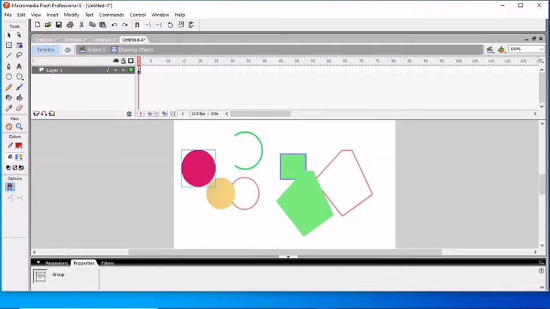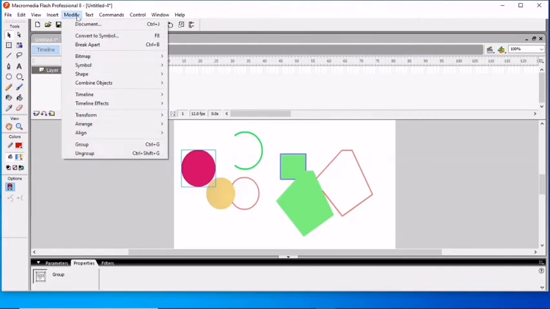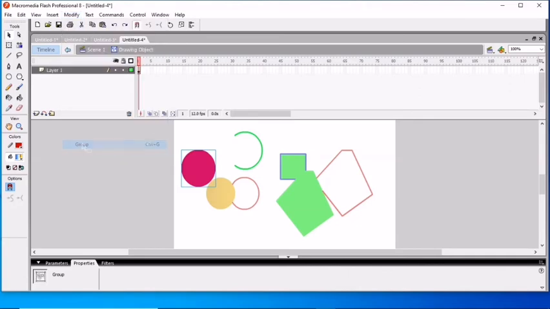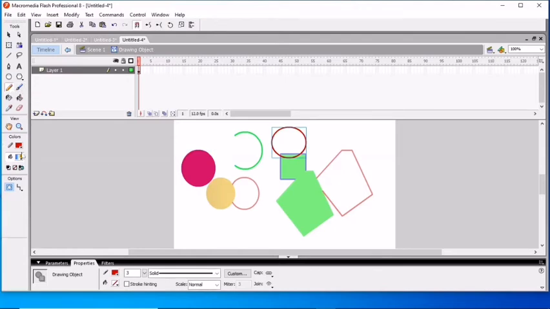For this you change it: go to Modify, and in Modify you can see Group. Click on group, and now you draw any other figure. For example, I select the pencil tool again and draw any figure, like this one, and fill it.